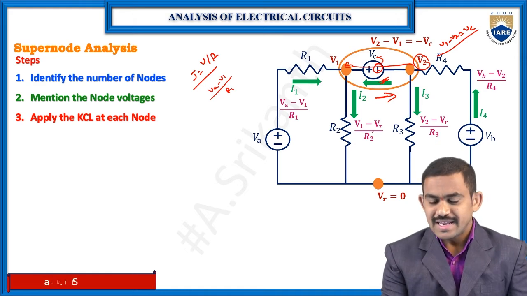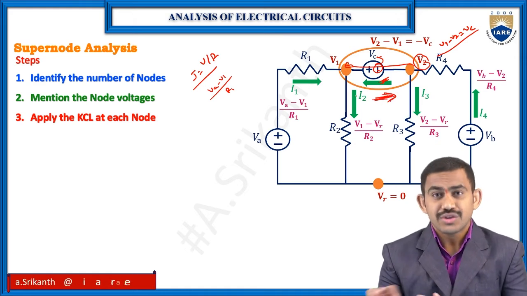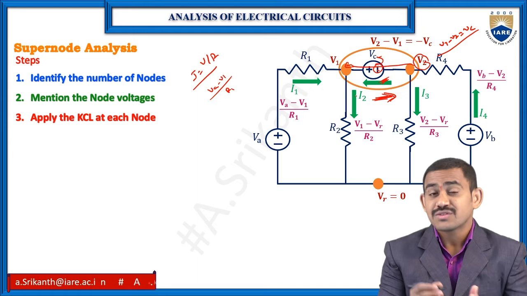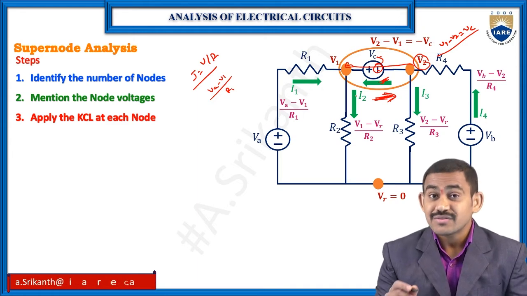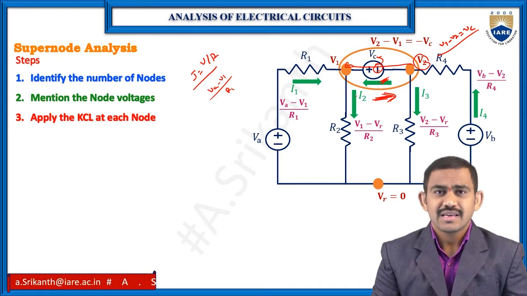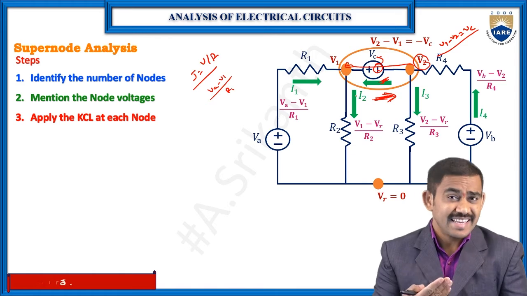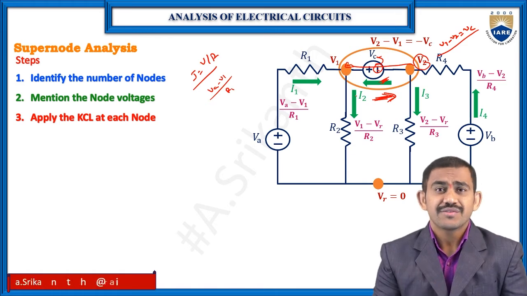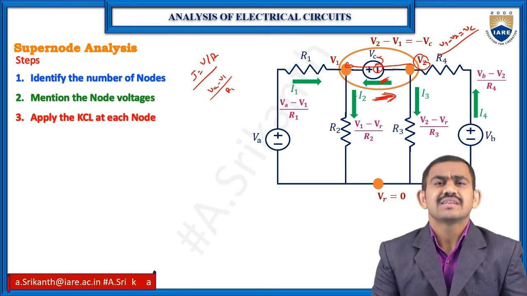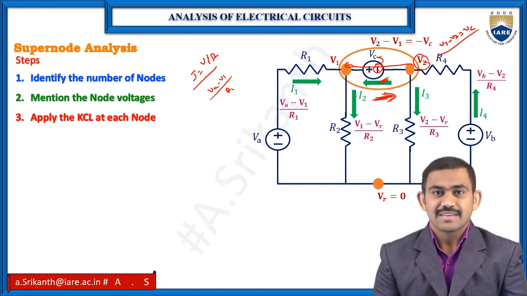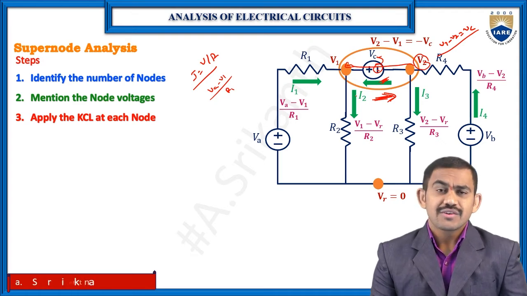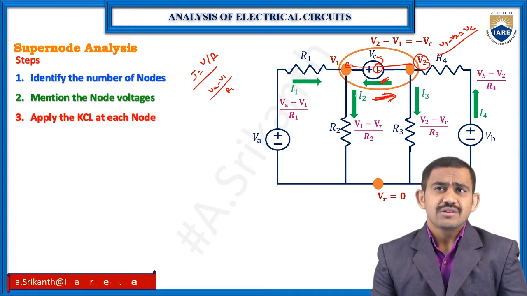Coming to this direction, positive direction, V1 to V2 direction, that means V1 minus V2 equal to plus Vc. Okay. Small difference. You can write any direction, but if you get the positive value, that means that is the right direction. Negative value means that is the reverse direction. That's it. Value is same for both directions. Clear?